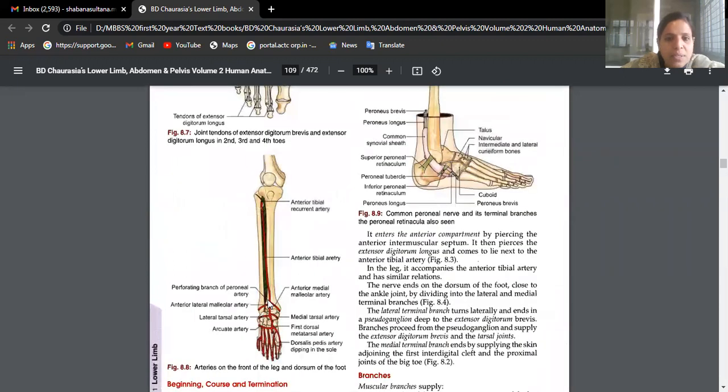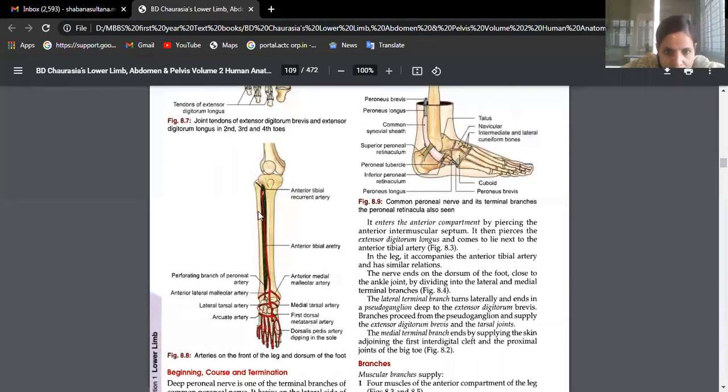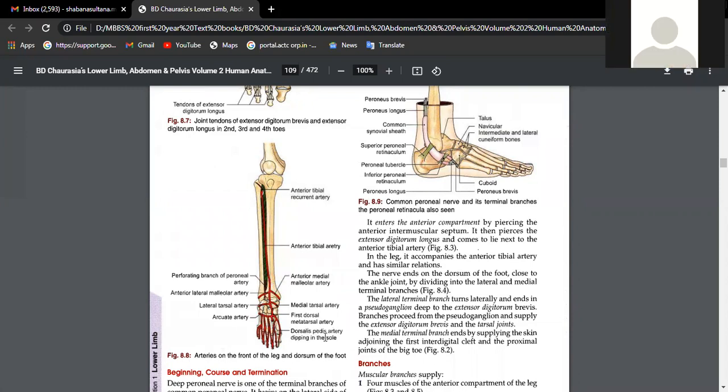I'll show you. See this one. Excellent. This is anterior tibial artery, which is one of the terminal divisions of popliteal artery, is now entering into the foot. So this is the anterior aspect of your ankle area. Here, the anterior tibial artery's continuation is written as what? See here, dorsalis pedis artery. This artery can be used to check pulsations because it is easily accessible. Easily you can check the pulse by just keeping your fingers over this ankle region.